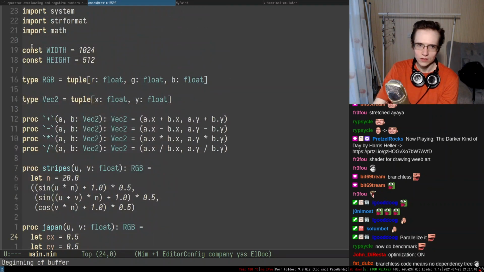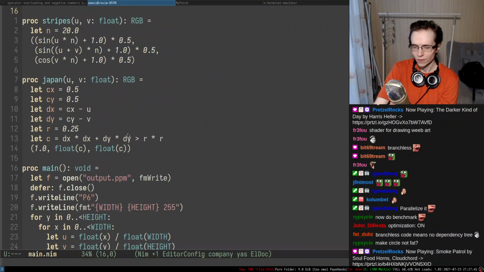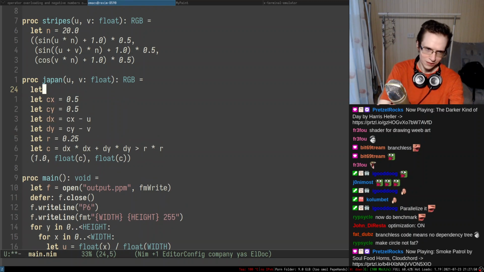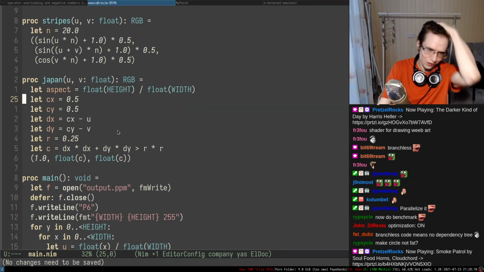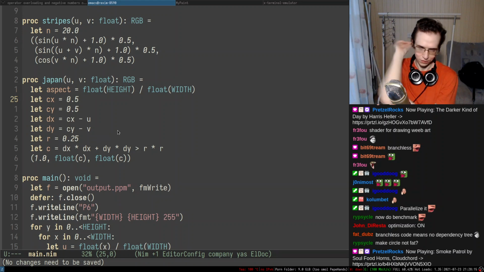So we know their entire resolution because it's global, right? It is global. Now, what we can do, we can probably take the aspect ratio of this thing, right? Aspect, which is I guess height over width. But to do this, you will have to do float. Float, and there we go. You have an aspect ratio. Is it gonna help us somehow? I have no idea. Probably not.